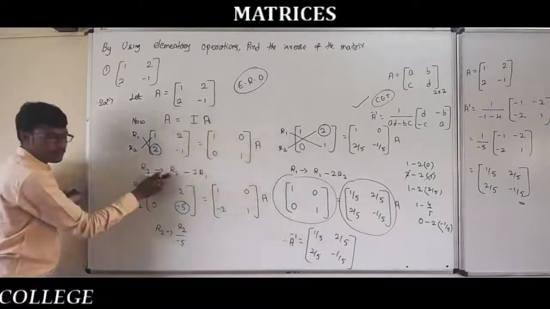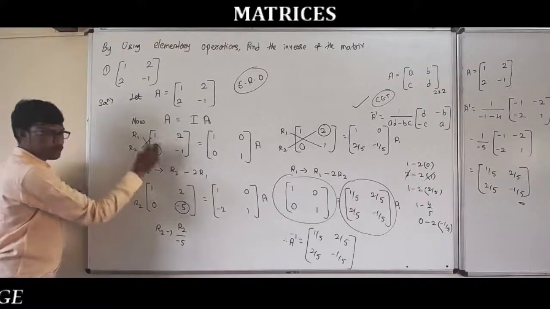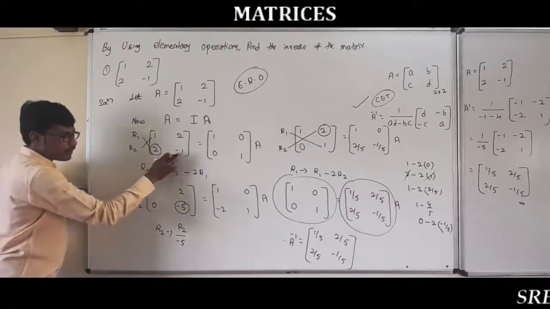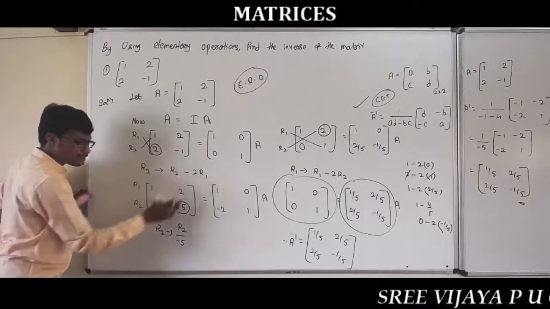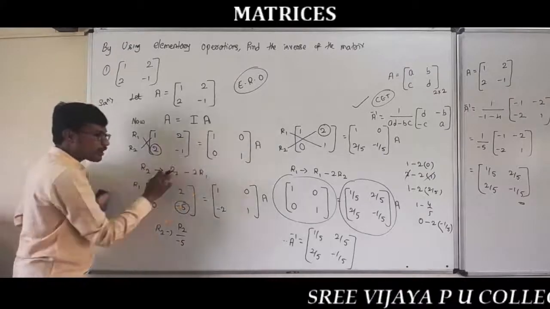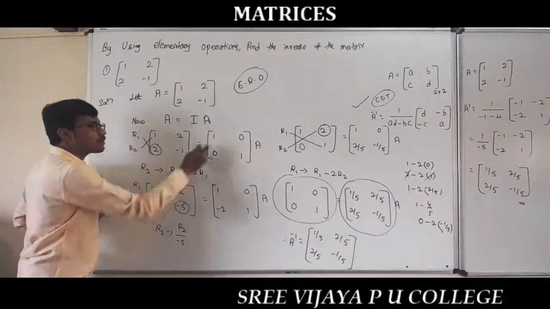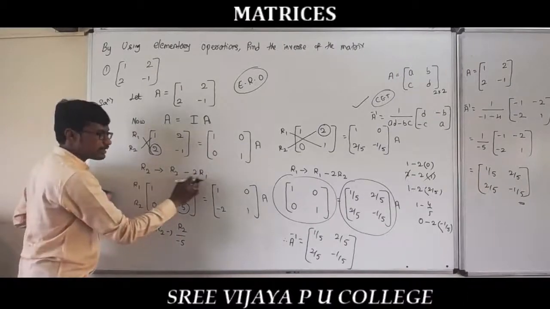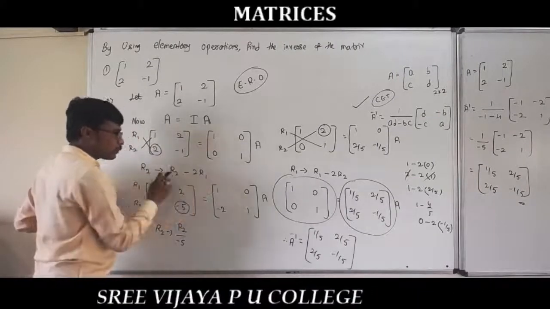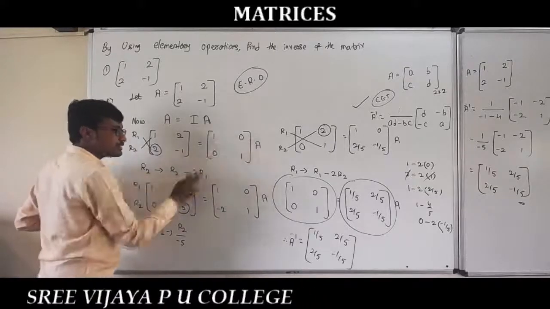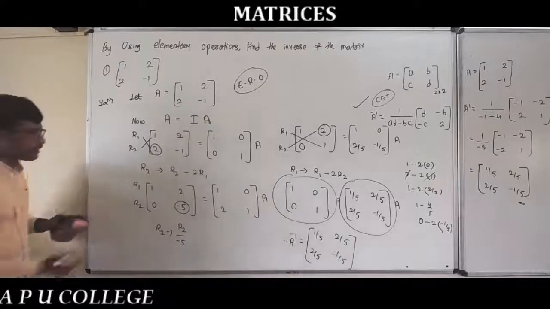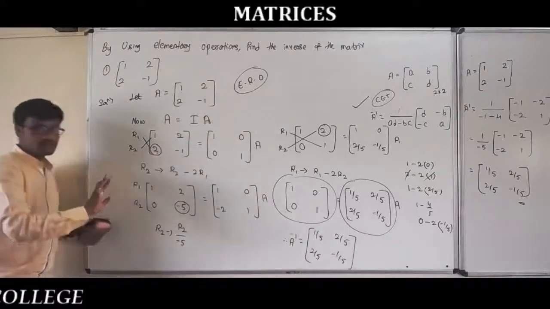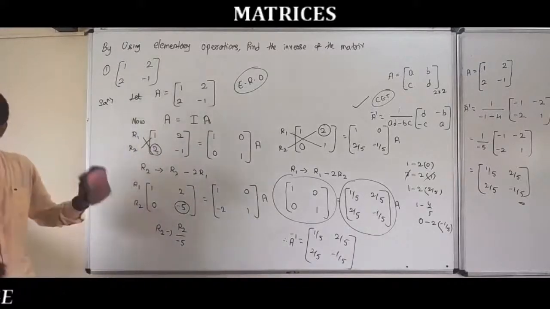First, 2 minus 2 into 1 is 2 minus 2, which is 0. Then minus 1 minus 2 into 2 is minus 1 minus 4, which is minus 5. On the right side, R2 is 0 minus 2 into R1 is 1: 0 we can leave, and minus 2 into 1 is minus 2. Then R2 is 1 minus 2 into R1 is 0: 2 into 0 is 0, and 1 minus 0 is 1. So the first element operation is over and you got this element as 0. So the operation is correct and your problem is also correct.